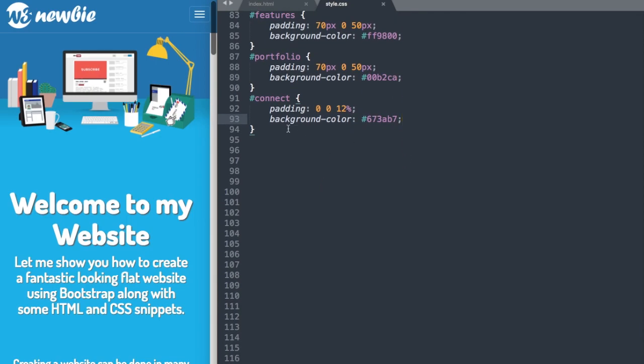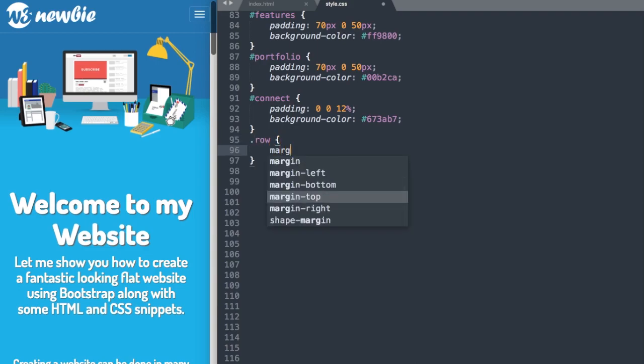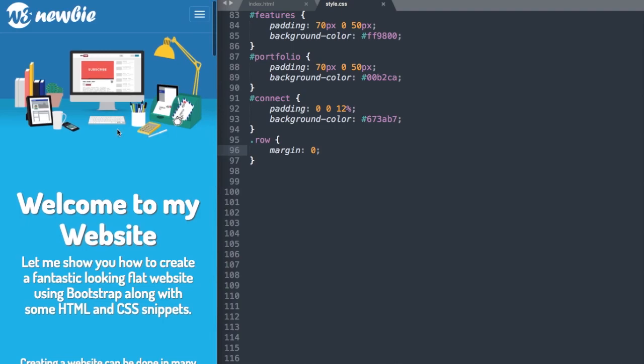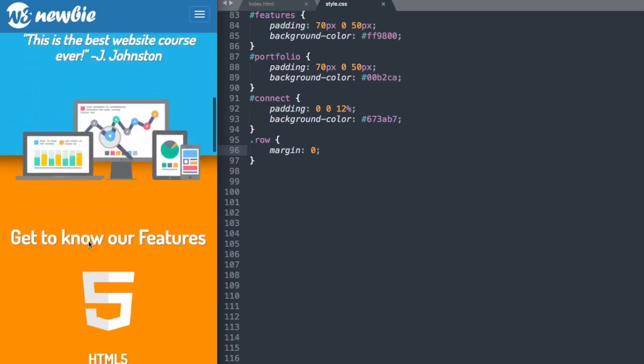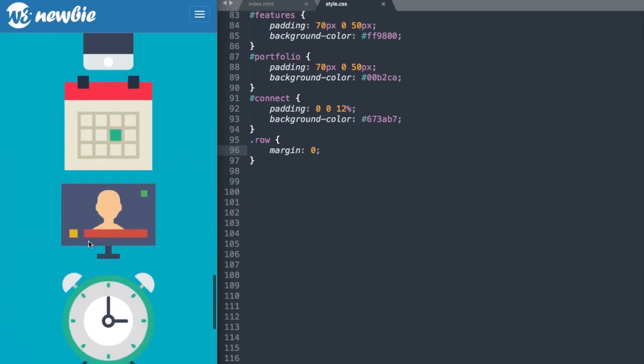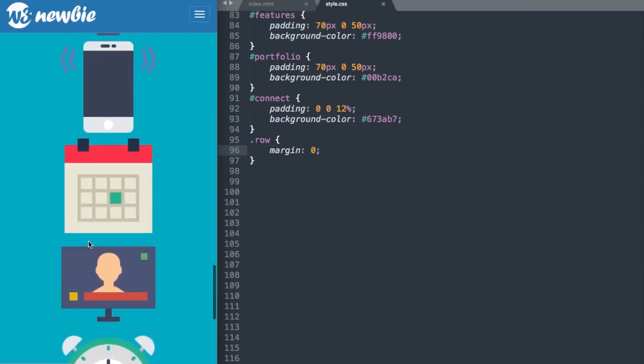So in Bootstrap, if you have that, make sure that you have 0 margin on your row. So .row margin 0, because I think that Bootstrap inherently gives a margin of 15 pixels, or negative 15 pixels rather, to the rows. So let's go ahead and add a media query,